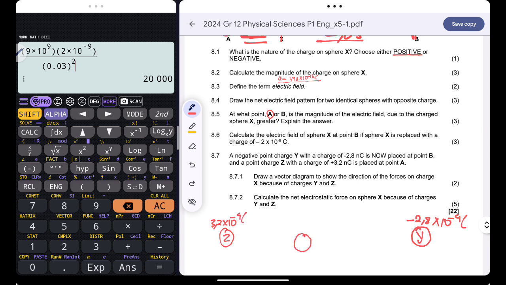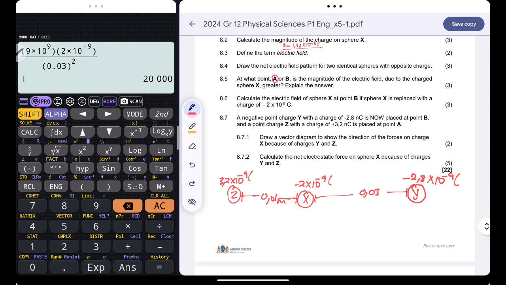Remember that, guys, over there we had X, which was just negative 2 times 10 to the power negative 9 coulombs. The distances are still the same. I just have 0.01 meters over there, and then over there I simply have 0.03. Okay, first question, they want us to draw a vector diagram showing the direction of the